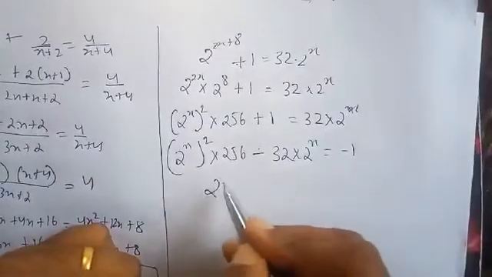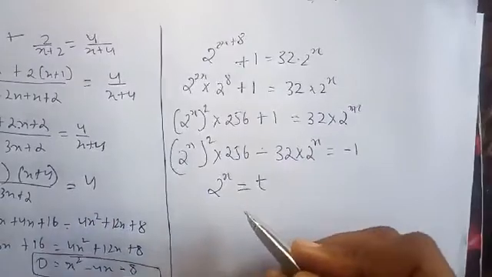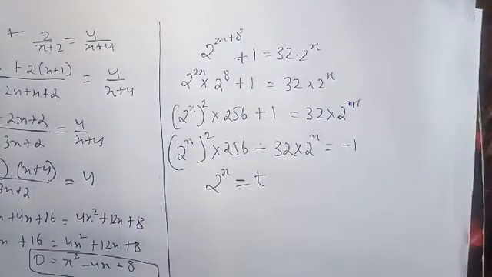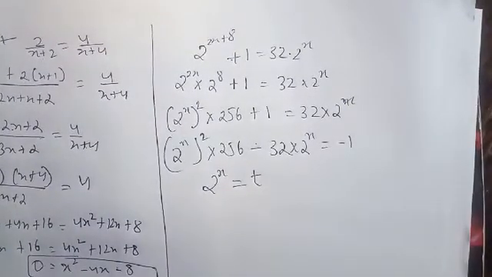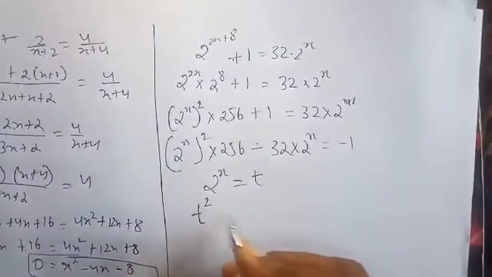Now what I'm doing, 2 की power x की जगह में t put कर रहा हूँ. What am I keeping in place of 2 की power x? T. Okay, I'll get the value of x. My ultimate goal is finding the value of x, but right now I'm just trying to solve my question and simplify my answer. So if I keep t in place of this, t square